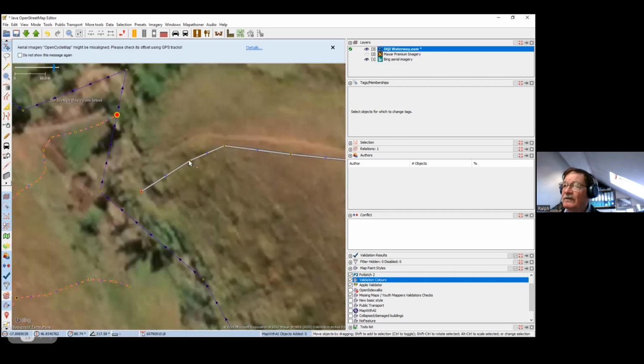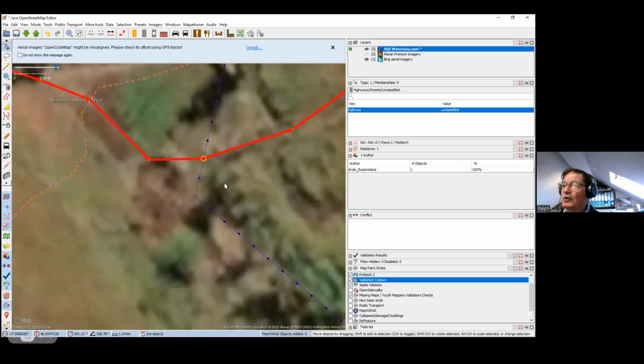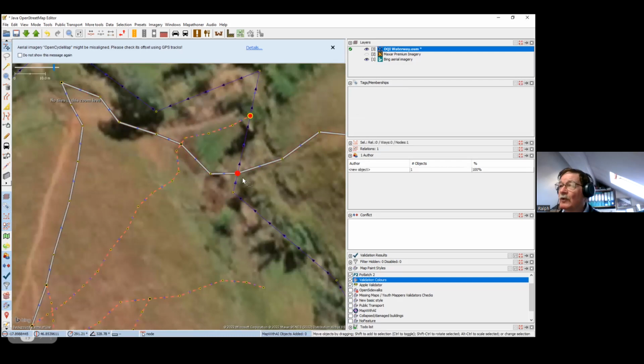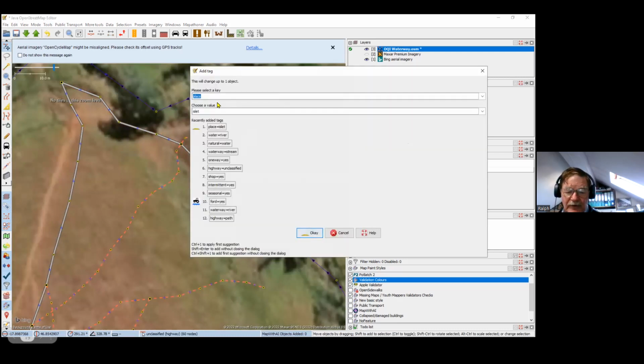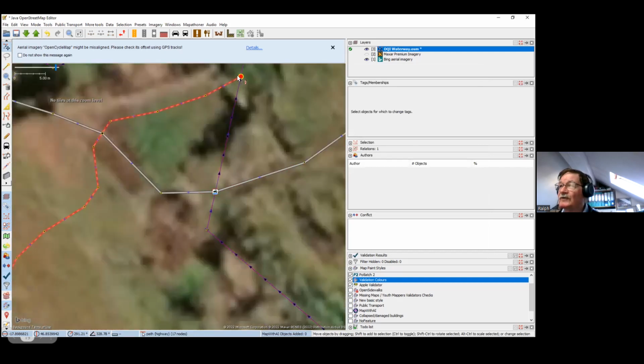Right, now here I have the road. That's crossing the waterway, and this is a ford. So what I need to do is select the node that's sharing the road and the waterway and add ford. Yes, okay. And it adds the ford, and you can see that the red highlight saying, whoa, something's wrong,